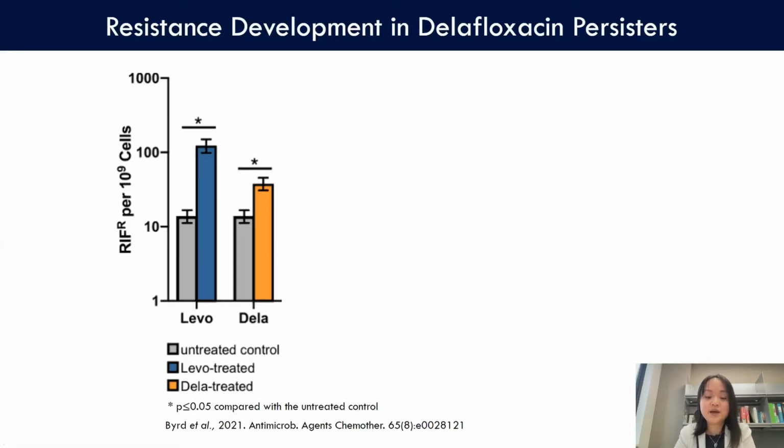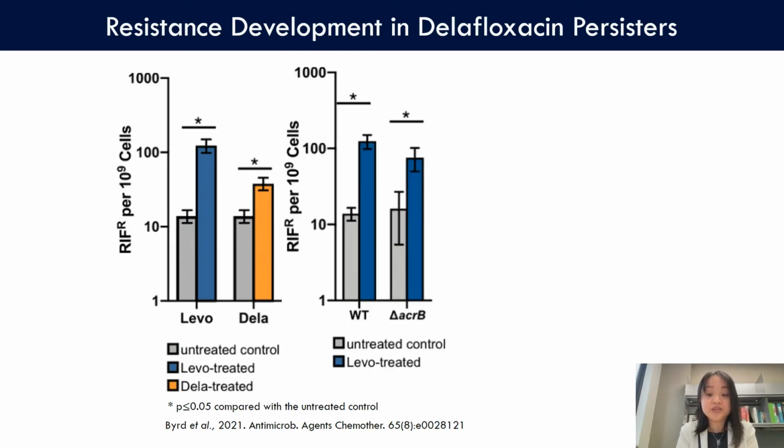So first, we had seen that when these cells are exposed to Delafloxacin and the persisters are given the opportunity to recover from treatment, we see an increase in the number of rifampicin-resistant mutants in the persister-derived cells, similar to what we had seen in populations that were treated with levofloxacin and other fluoroquinolones. And as I had mentioned, for levofloxacin persisters, we had seen that loss of efflux pump action during levo treatment did not affect persistence toward the drug. And we also saw that loss of efflux pump action by deleting acrB did not affect resistance development in the